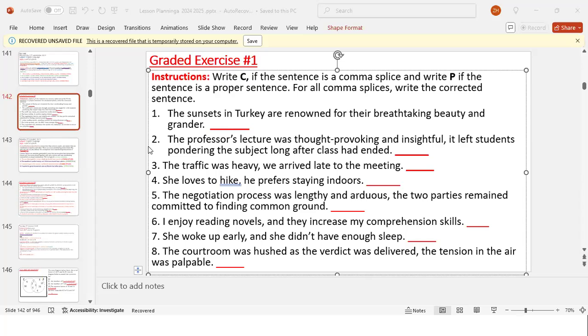Gillette Cash, number 7. Miss Cash? Oh, can you hear me? I can hear you now. Number 7. She woke up early and she didn't have enough sleep. Yes. Thank you.